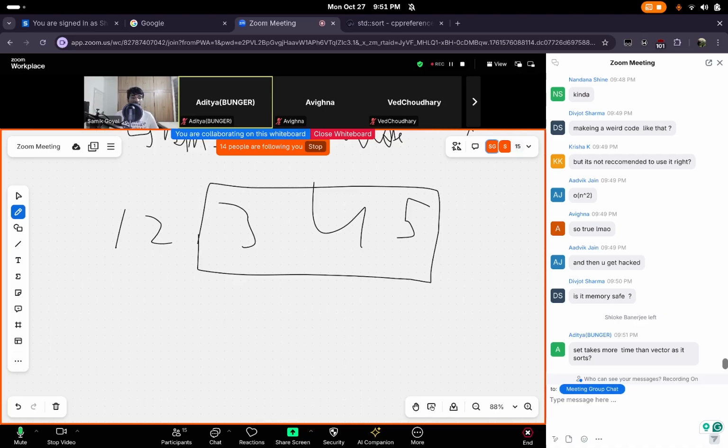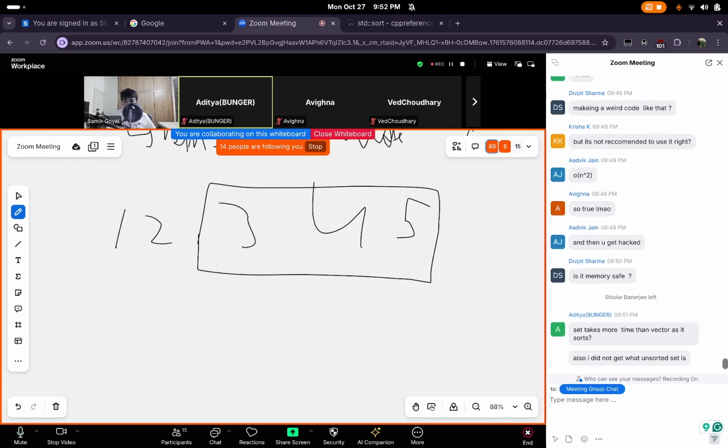Set takes more time. It does take logarithmic time, but it doesn't sort it. It uses a tree structure to maintain the sorting as you add elements. But yeah, the only part you need to worry about is that it is logarithmic. It takes log n time. Okay,